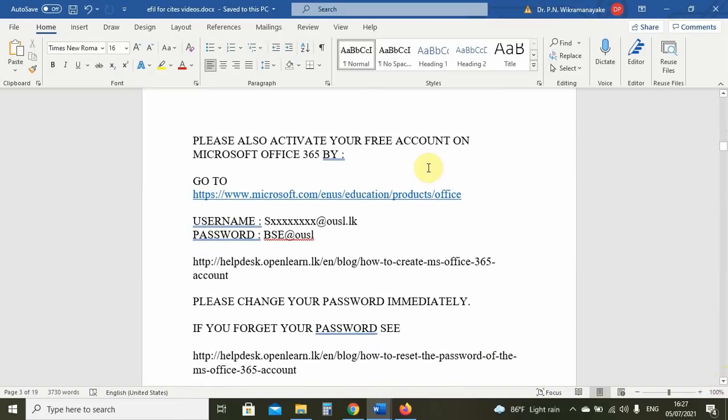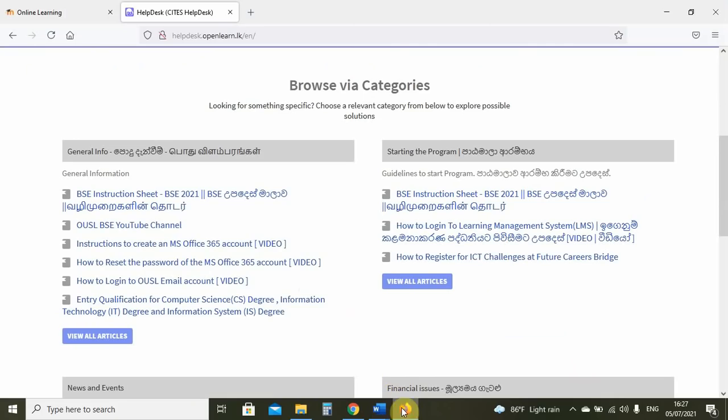The next step is to activate your free account on Microsoft 365. With Microsoft 365, you have actually not just an email account, but you have access to some Microsoft Office apps which you can use freely, and you have access to space on the cloud where you can store your files. The username is the same as for the Gmail account, but the default password is different because they do not allow numbers in the password at the beginning.